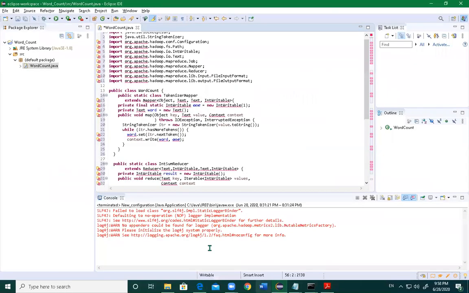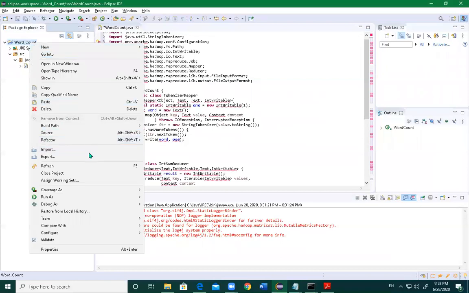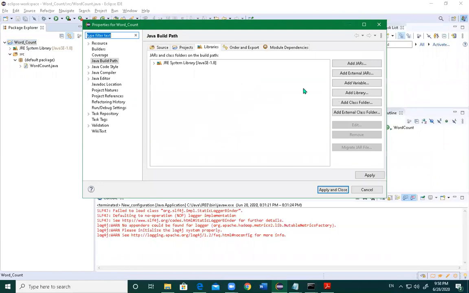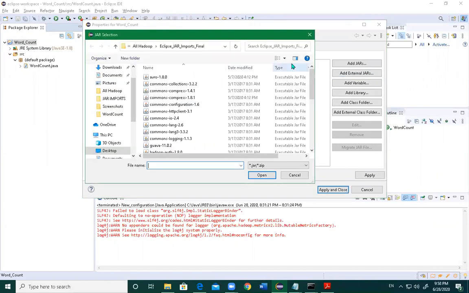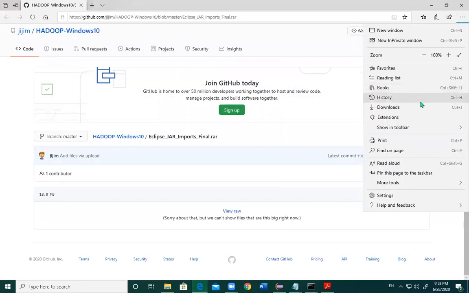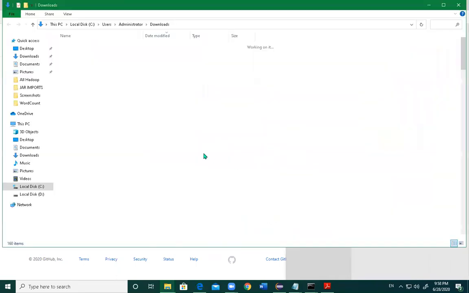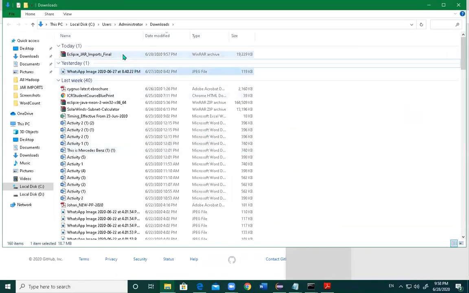on the package explorer. So here is the option, right button click, build path, configure build path. So you can see the libraries here. In libraries, we have to add the external jars. Here you have to give the files which you have downloaded, give the path there. Now you can see that this is already downloaded. Go to the downloads folder. So here it is already downloaded.